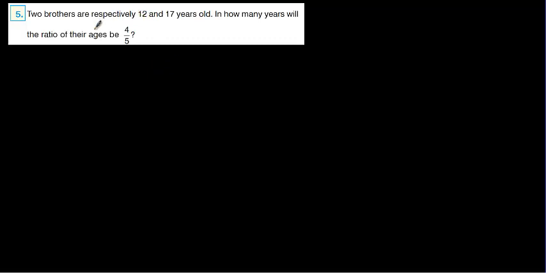Here they are asking: there are two brothers, 12 and 17 years old. After how many years will their ratio be equal to 4 over 5? So we are looking for the ratio 4 over 5, and after how many years they will be equal to 4 over 5. If I simply explain, B1 and B2, their ages now are 12 and 17. And after t years,